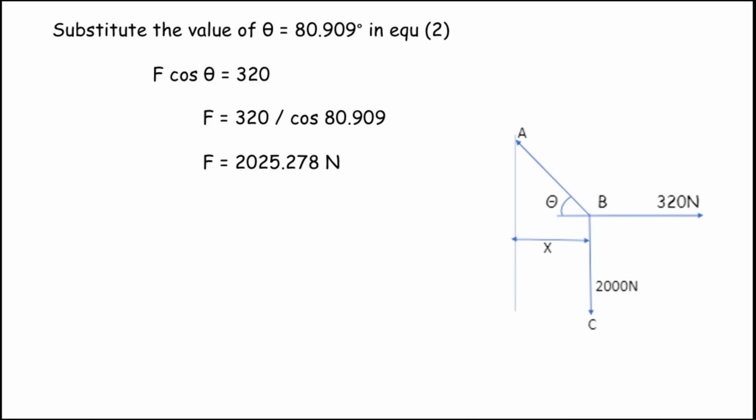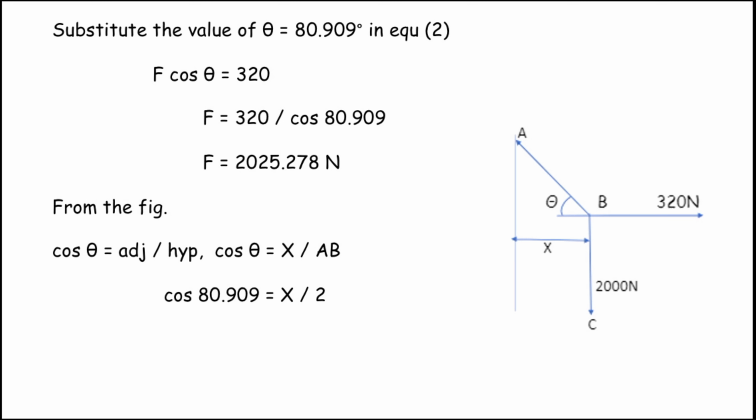Now we are going to find the displacement of the body X. So I take it as a triangle. From the figure, cos theta equal to adjacent side by hypotenuse. So cos theta equal to X divided by AB. The adjacent side is X and the hypotenuse is AB. We know the value of AB, it is 2, and we know the value of theta. I am going to substitute that.